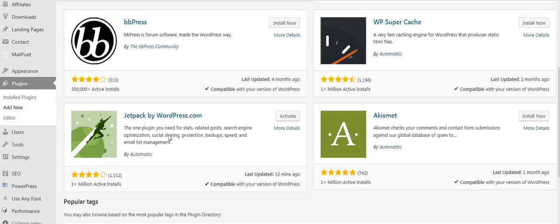Now this Jetpack WordPress.com plugin is a great plugin because it'll help you fight spam. Plus you can automate your social media with this. You can get stats for new posts that you put out, new articles, and see how many looked at them and different things like that. You can upgrade and get some backups. I don't upgrade, I just use the regular ones, so it's up to you, whatever you want. But as you can see,